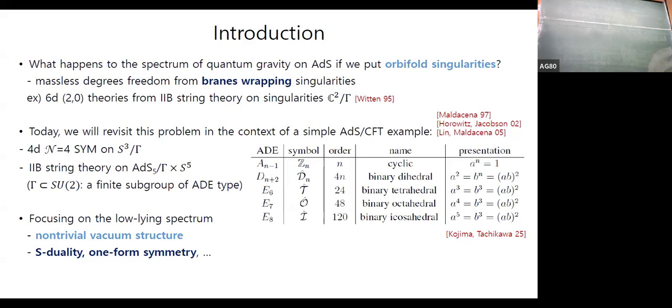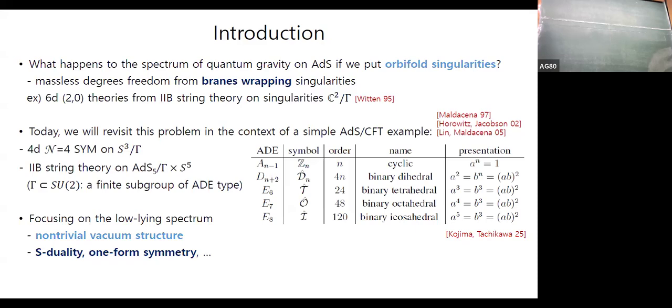And actually, the answer to this kind of question is quite well known: there will be some massless degrees of freedom from branes wrapping these singularities. One of the most famous examples is the tensionless strings of 6d (2,0) theory from type IIB string theory probing C2 mod gamma singularities. Today, we will revisit this problem in the context of the simple AdS5 example we have